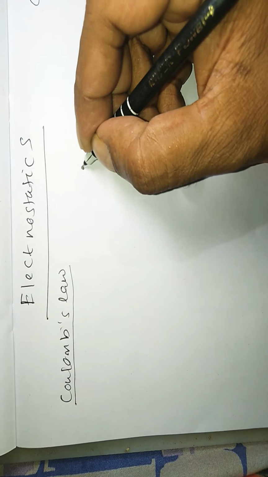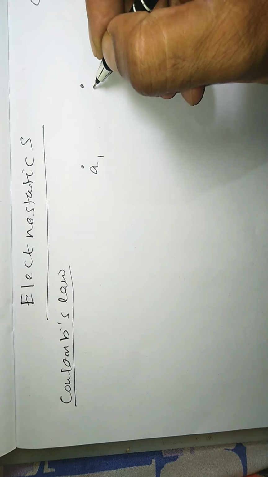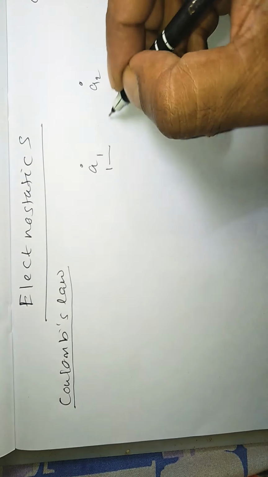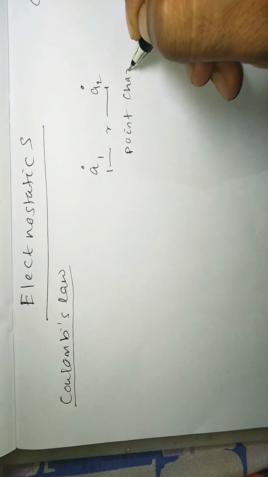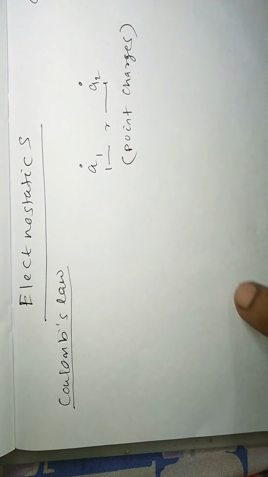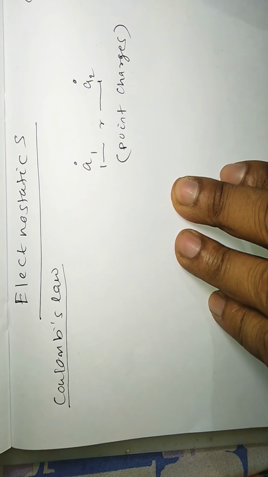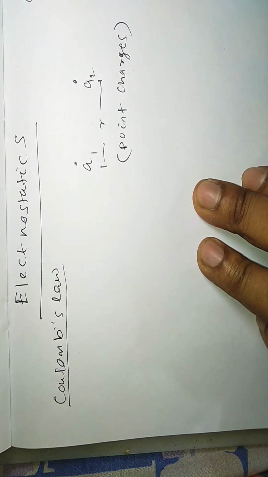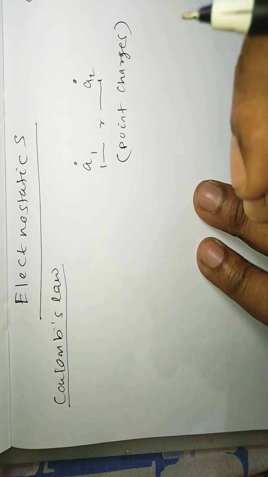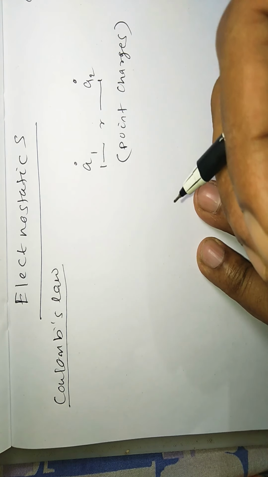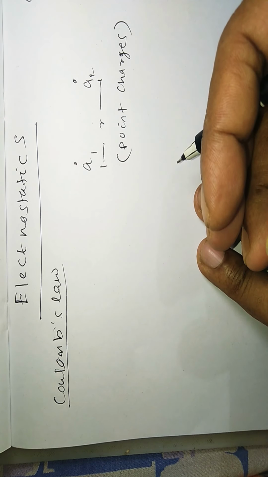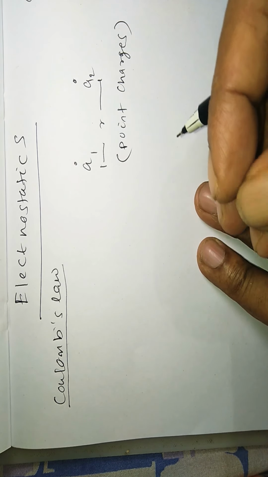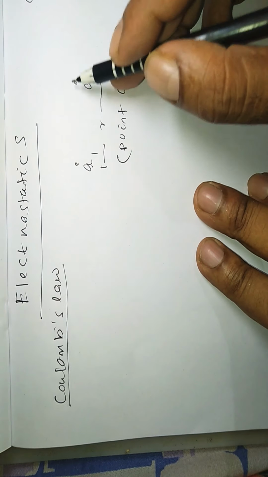Suppose there are 2 point charges. The most important thing is point charges. Let us know what a point charge is. If a charged body has a very negligible size, which can be represented at a point, it can be considered a point charge, or you can consider charged spheres as point charges, taking the center as the point. So let us assume a point charge q1 is placed here and q2 is placed here.